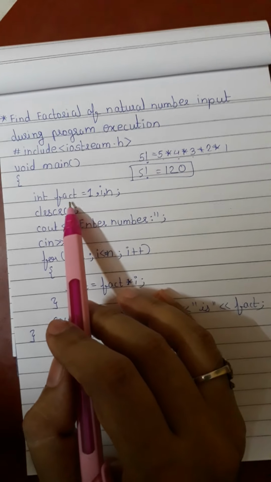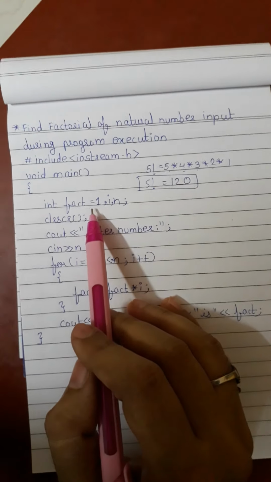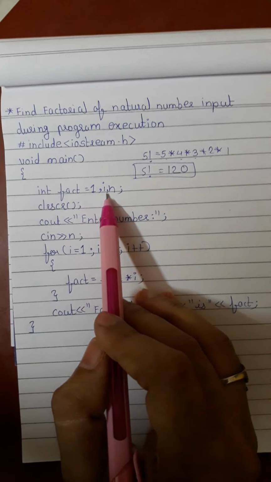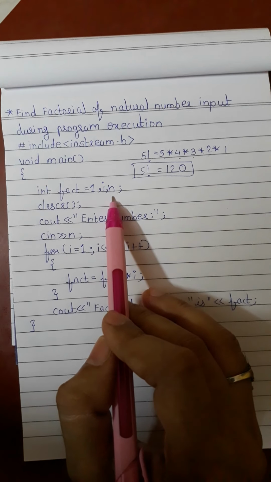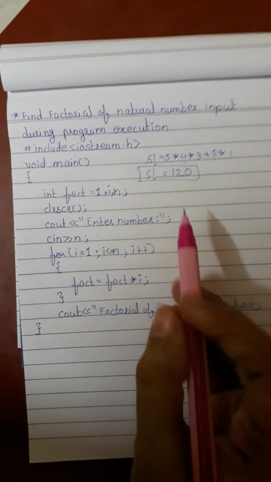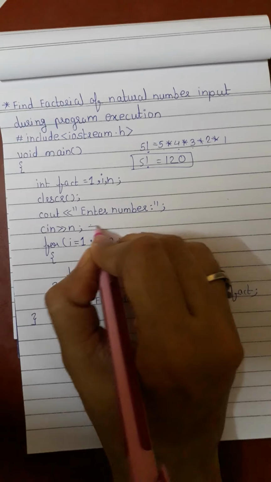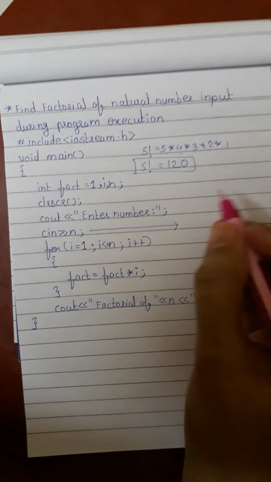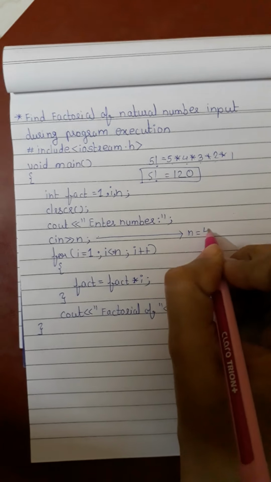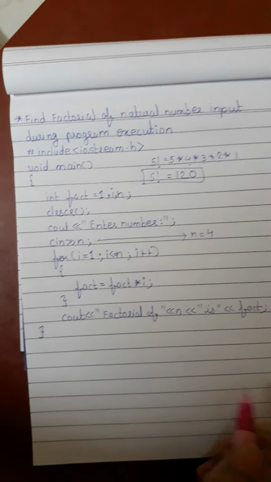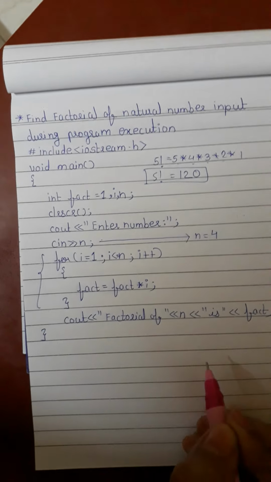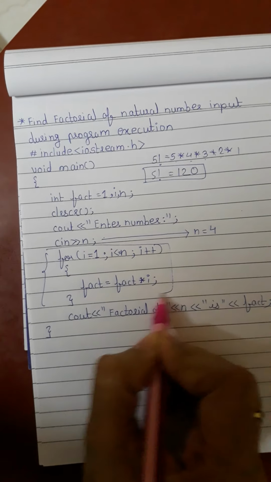So this particular answer we need to find out. For the same, we have taken some variables in our program. First variable is fact equal to 1. After that, I have declared the variable i, then the n variable is there. After that, we have taken the number from the user whose factorial we want to find out. So from this line, now I am showing you the execution. Suppose I am entering the value of n as 4, meaning I want to find out the factorial of 4, and for the same I have written this particular logic. So this logic now we will see.